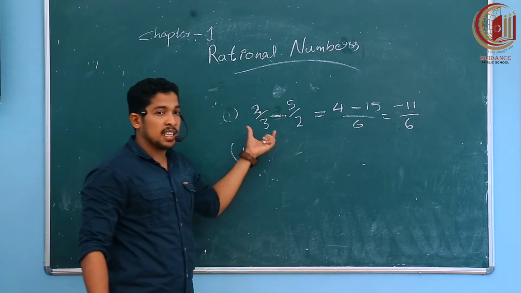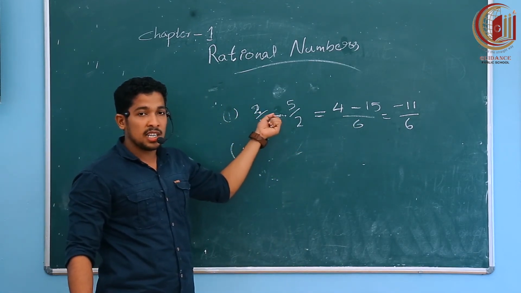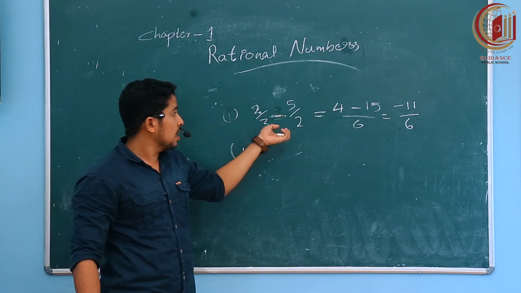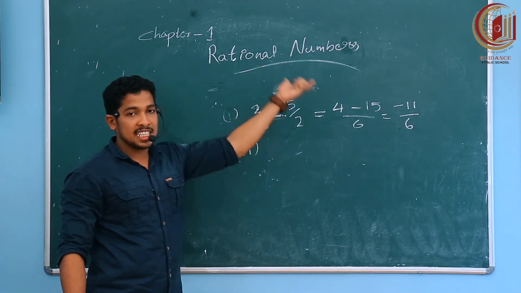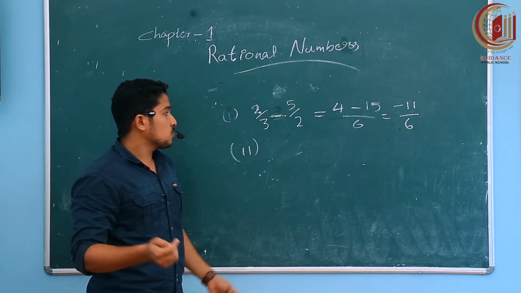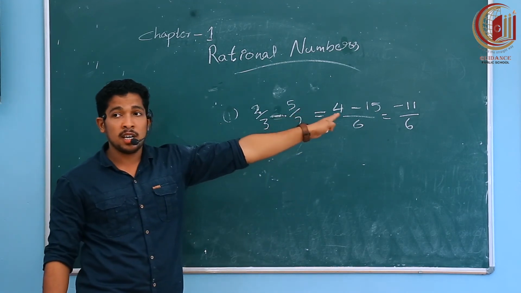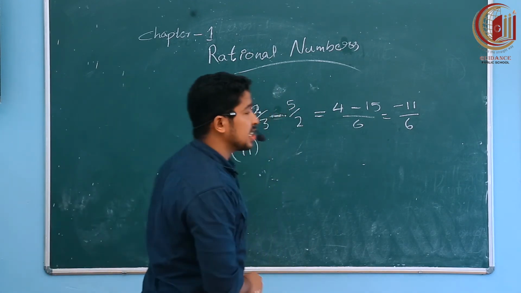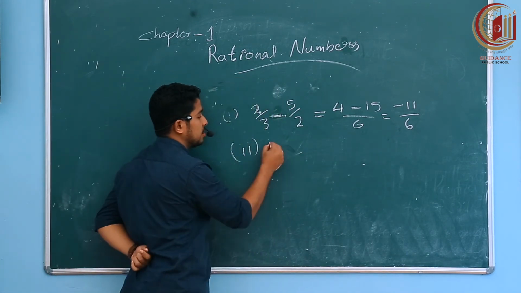Then we can say rational numbers are closed under subtraction. If we consider any two rational numbers, a minus b is also another rational number. Then the next example for that,